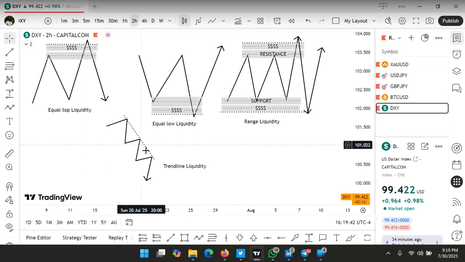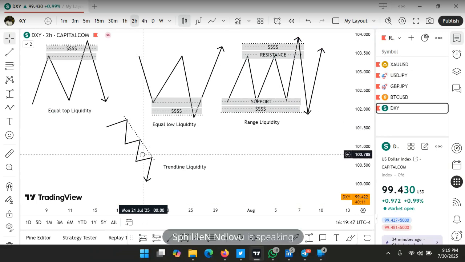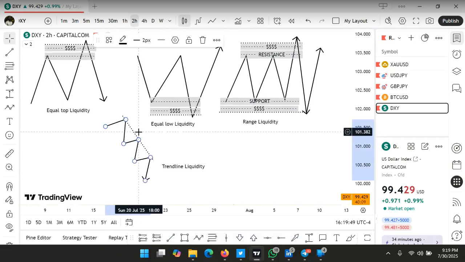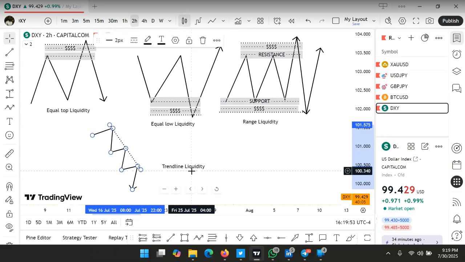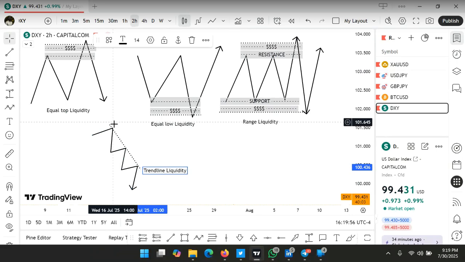So there are those who trade trendlines. They're just pure trendline traders. So what does this mean? This means that liquidity is sitting at this level, because many people place their stop losses at this one. They are above this trendline, and many will place their sell limit orders at this zone, depending on where the market is going. So many stop losses will be placed above this level.